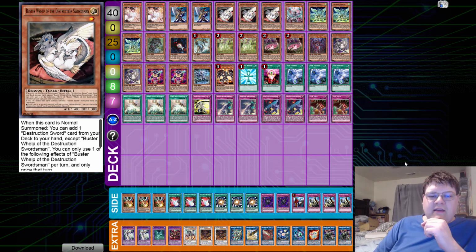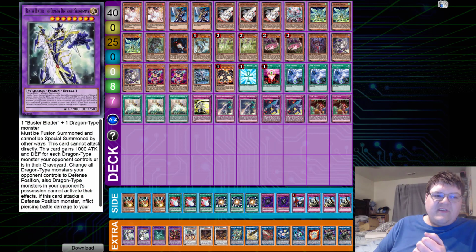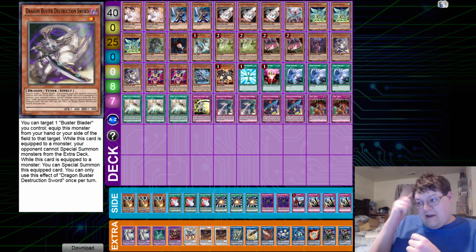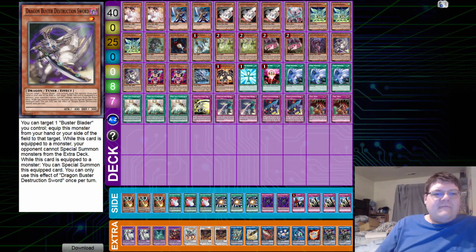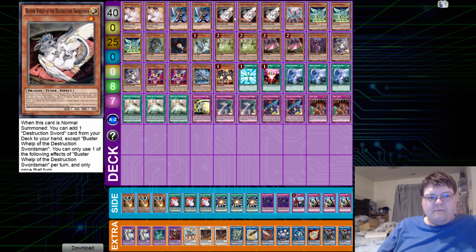Now this is Dragon Whelp Union Carrier shenanigans, where we can still abuse the deck. Same thing you do every time you play this deck. You get the Dragon Buster on the field, equipped to the Buster Blader, and your opponent can't special summon or do really anything with their extra deck. It's quite ingenious. So, we have 2 copies of Ash Blossom and Joyous Spring, 2 copies of Buster Blader, then